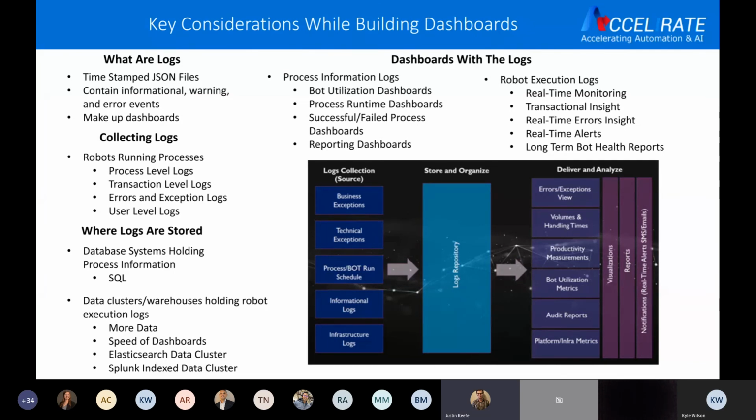So with your process information logs, they're primarily in your SQL databases. You'll get a lot of reports, such as your bot utilization dashboards. These dashboards are very useful for seeing when your bot is running and for how long, so you can optimize licenses. If one bot doesn't have as many processes running on it, you can run different processes and mix and match where your bots are running these processes so you get the most out of the licenses you have for your